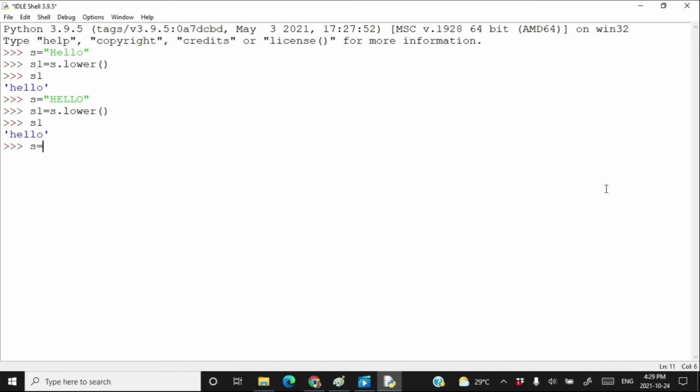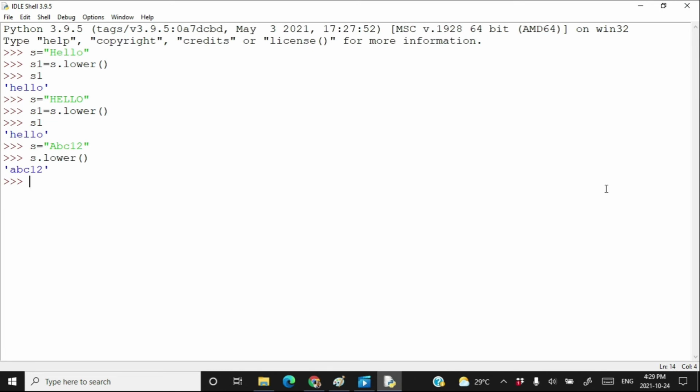If you write s is equal to ABC 1 2 and then call s dot lower, then you get abc 1 2.